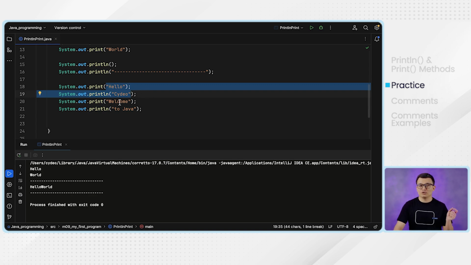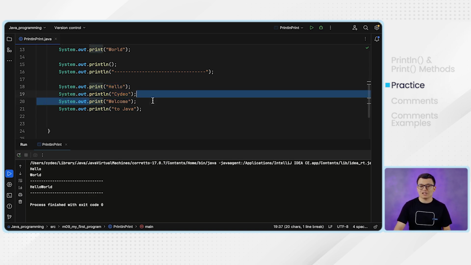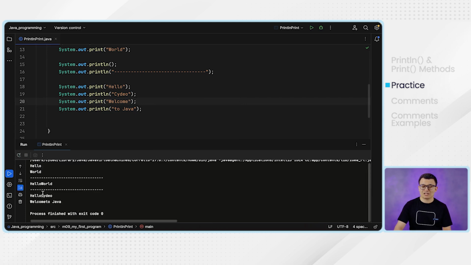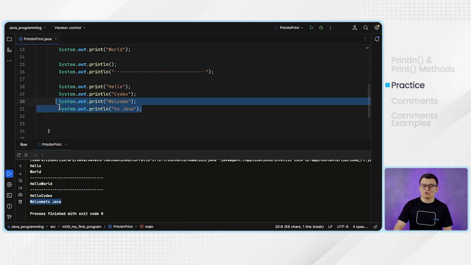And then in that new line, we have this print statement that is printing welcome. So welcome is printed in that new line. But after welcome is printed, do we have a new line? We don't, because this print method does not append a new line. Which means the next print statement will be printed right after this word welcome. So that's why we end up getting hello CYDEO, welcome to Java, and after welcome to Java is printed,